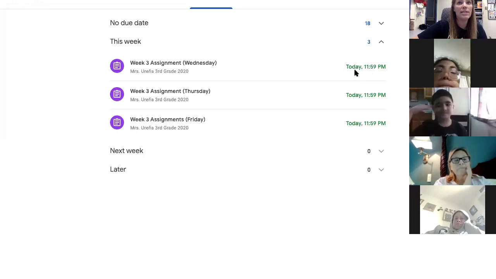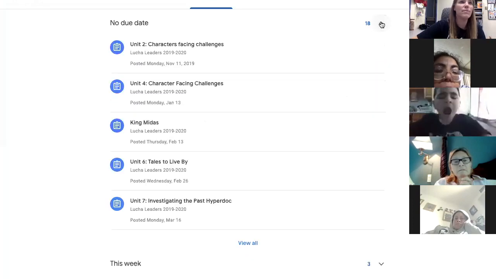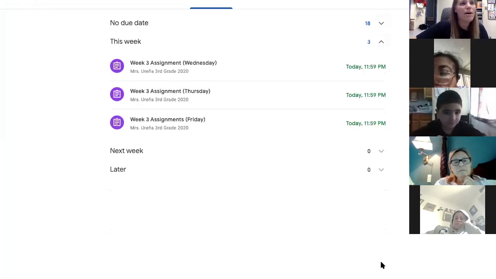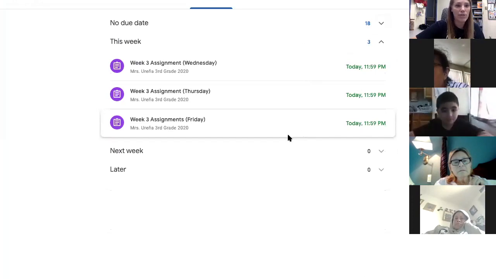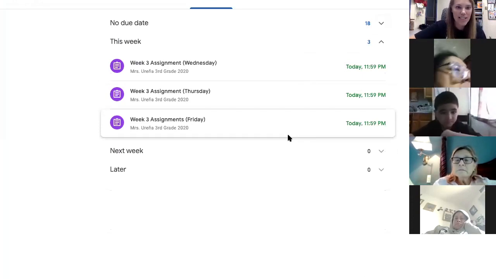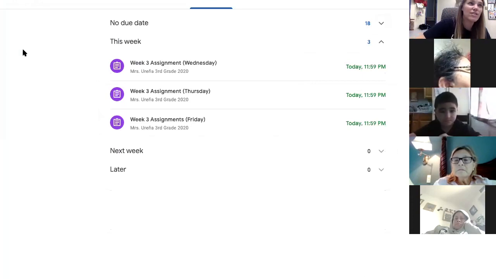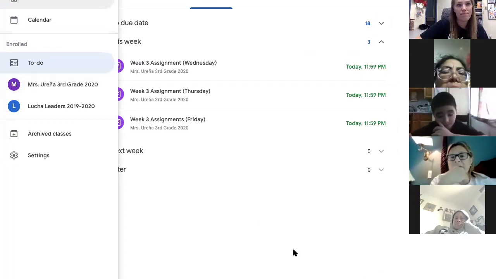And then the due dates are here for the students as well. Sometimes there are things that have no due date, so they are just like posts. These actually look like they're left from last year, maybe even. But when you just look at this week, you'll see what's due this week, what's left that hasn't been turned in. So what I would do as a parent, I recommend this for all of you, is ask your child to log into their Google Classroom each day, right? And say, okay, let's go and take a look at your to-do list and see what you still have left to do, okay?